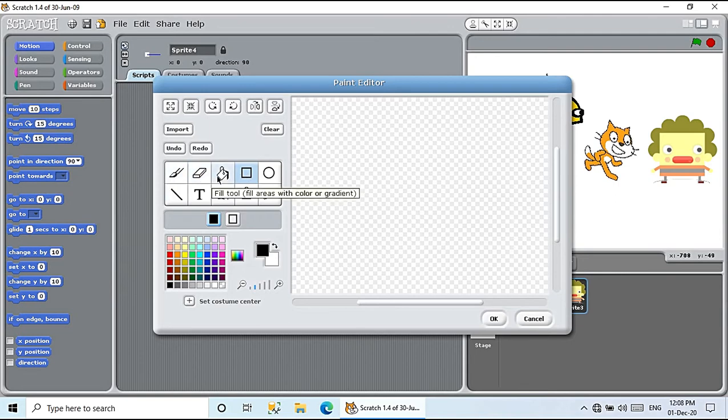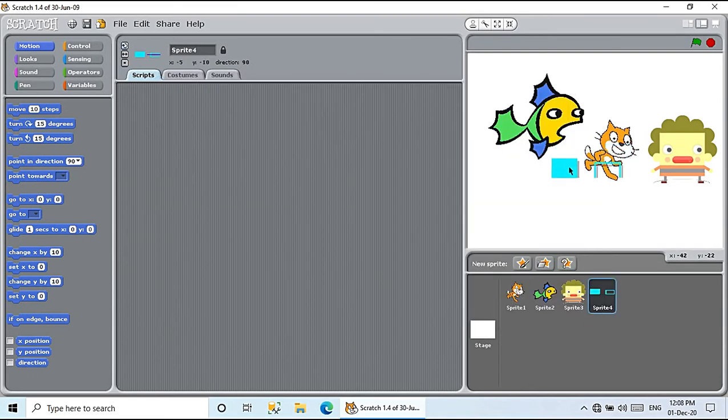of the tools. Now if you choose this rectangle tool, there are two options, filled and unfilled. If you choose the filled one, then it will draw the rectangle filled. And if I choose only the outer boundary one, then only the outer boundary will be drawn like this. And whatever thing you want to draw, you can use your line tool, you can use your text tool and make your own sprite here. And then you can click on OK. As soon as you click on OK, those two sprites will be available on your stage area.